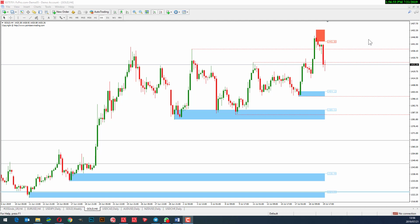So prior to market close on Friday, most of the gains were erased. Price pushed to the downside on gold. That means most of the gains were erased prior to market close on Friday. So now, what does that mean? If you can see the way market pushed to the downside, 1450 price zone managed to hold, and with our long-term bias on gold being bullish,